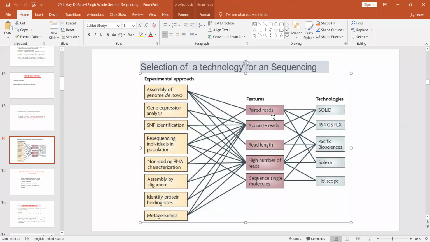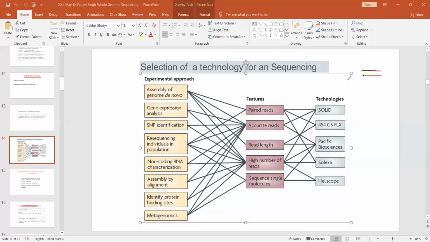The term that I use here is reads, and they can be paired reads or single reads. What do I mean by paired read and single read? When I take a double stranded DNA, break open the helix and take only one strand for sequencing, that is known as a single end read. I hope you understood.